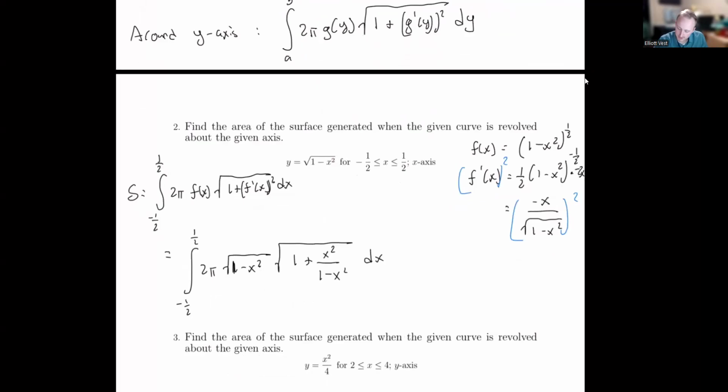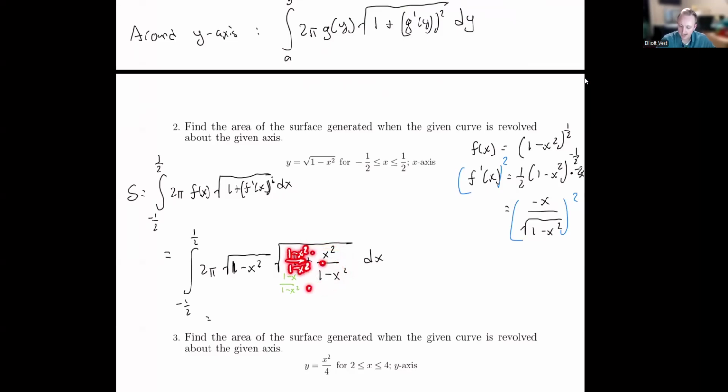So let's see what we got here. This will end up becoming, let's see if I can clean this up a little bit. A classic way to clean it up would be to get a common denominator on the side, or you can factor that out, however you want to do it. I'm going to do the common denominator and change this 1 into a 1 minus x squared over 1 minus x squared. And notice, if this is 1 minus x squared over 1 minus x squared, which again is 1,